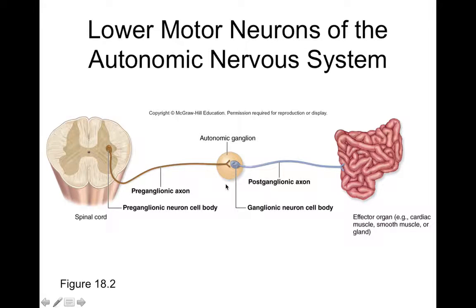So what was the definition of our ganglia? It's a group of neuron cell bodies in the peripheral nervous system, right? And what constitutes the peripheral nervous system? You got it. Outside of the brain and spinal cord. If it's any nerve tissue that's beyond the brain and spinal cord, it's the peripheral nervous system. So a ganglia then is a collection of neuron cell bodies somewhere in the peripheral nervous system.